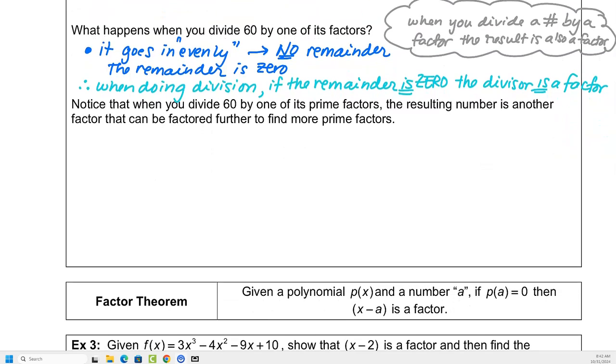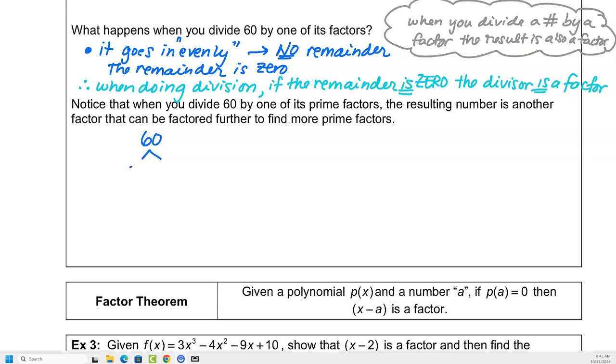Okay, so notice here, it says when you divide 60 by one of its prime factors, a prime number, right, is a number that can only be divided by one and itself. The resulting number is another factor, not necessarily a prime factor, that can be factored further to find more prime factors of 60. So notice here, if we take 60 and we divide it by one of its prime factors,